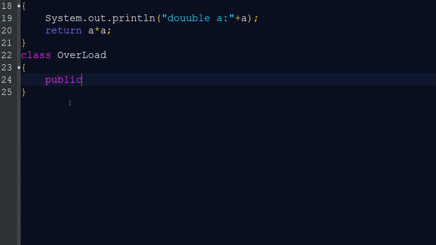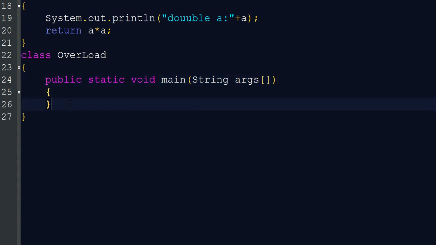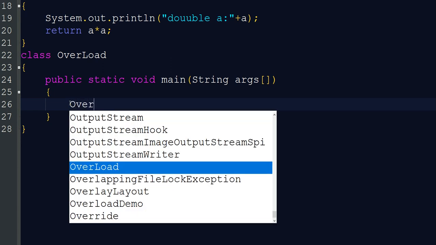Okay. Public static void main, String args.